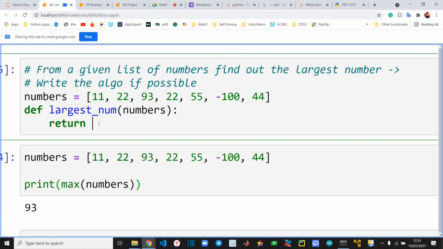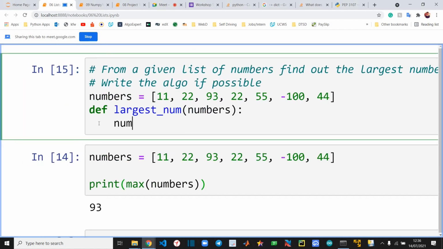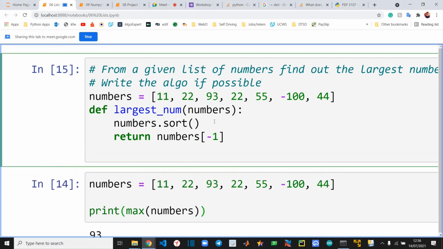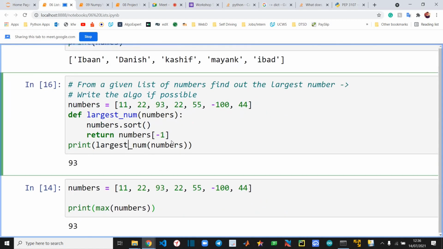So what Mike did is he took the numbers, said numbers dot sort, and then just returned the last number, because we know that it will be in ascending order, using -1. I think this will work. Yeah, return 93.